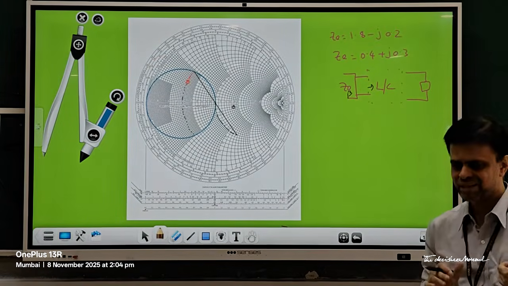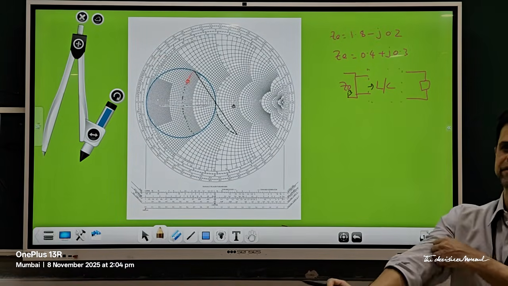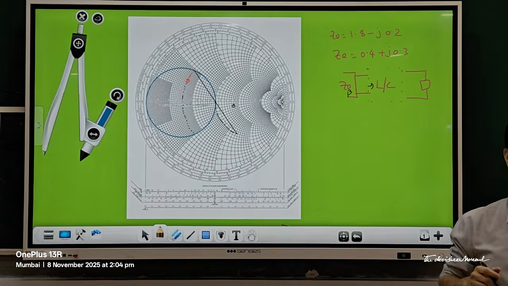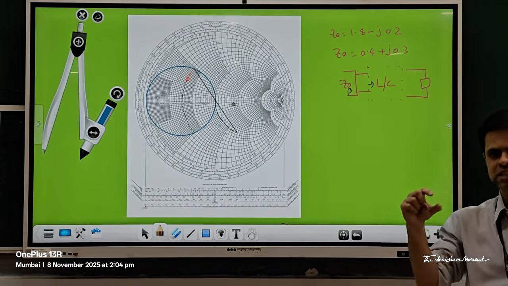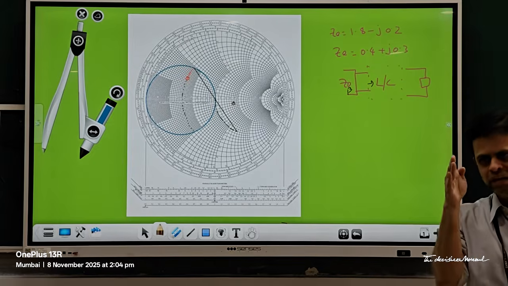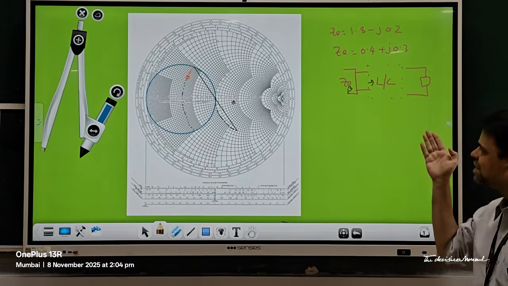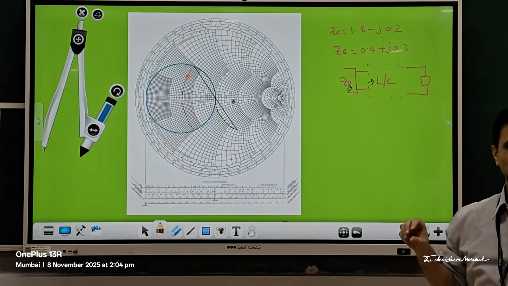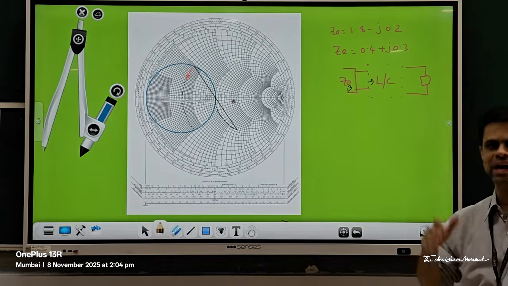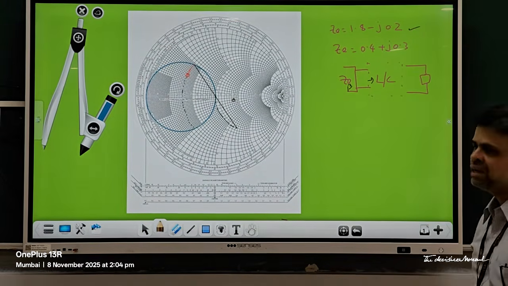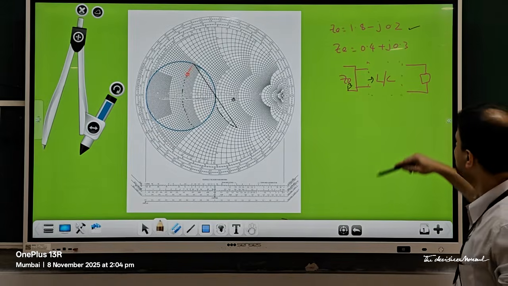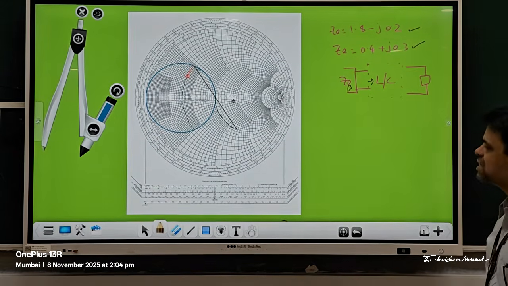Now, two cases are there. This methodology differs with respect to where the impedance is located. The approach you take for LC matching differs if the impedance point ZL is lying outside the R1 circle or inside the R1 circle. So I have taken two cases: one is the point lying outside the R1 circle and another is the point lying inside